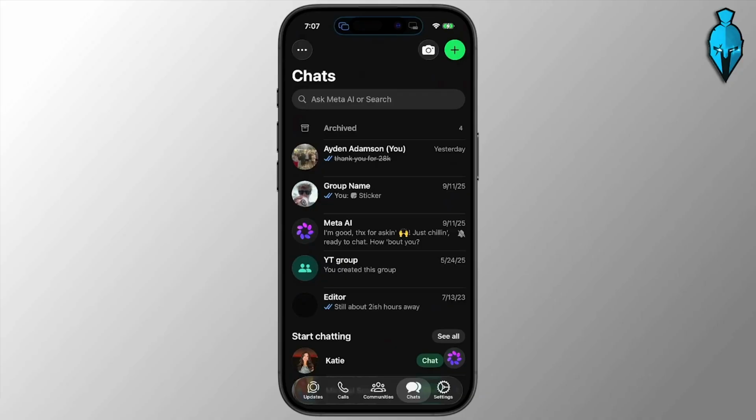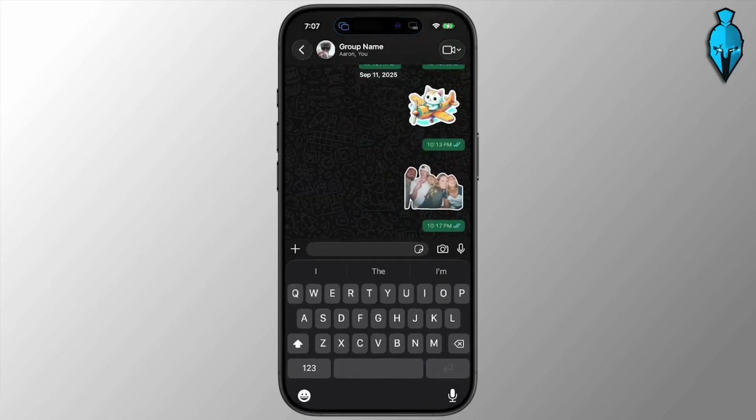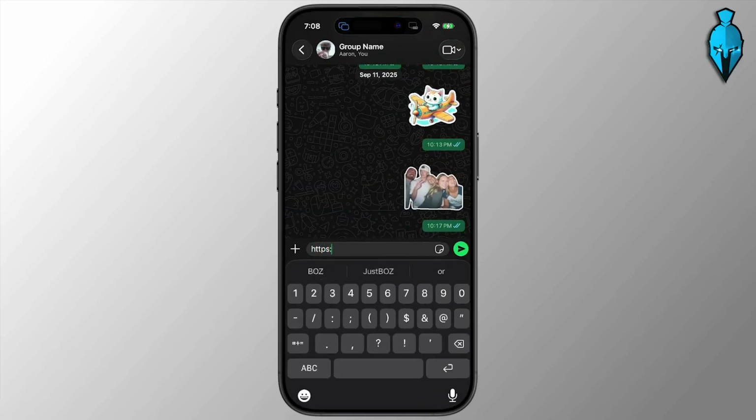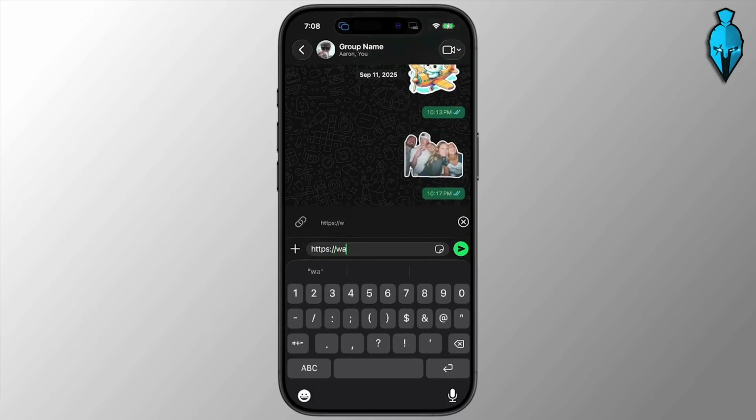Now, a WhatsApp link lets people click and start a chat with you directly. Open up any app where you can type text, like notes, or for example, you could also just open up a random chat in here and then go ahead and type in https://wa.me/